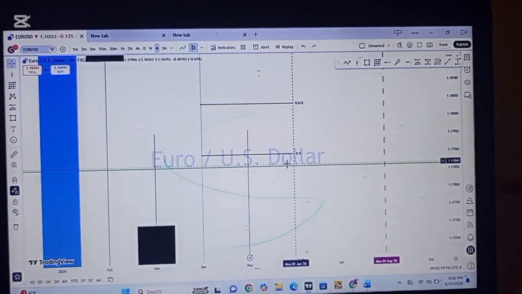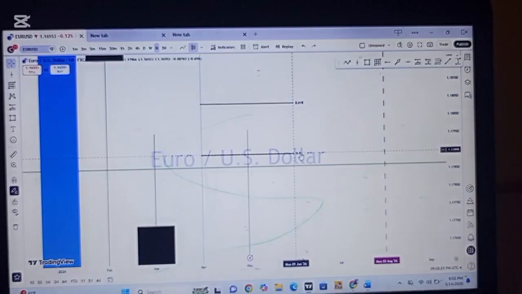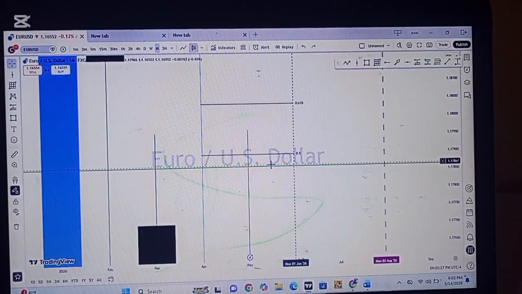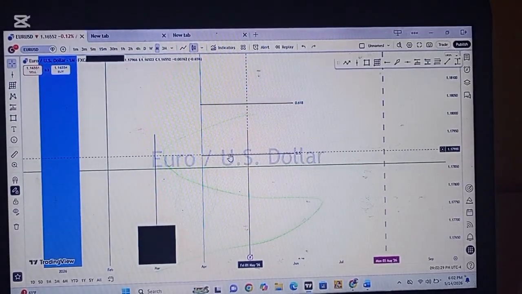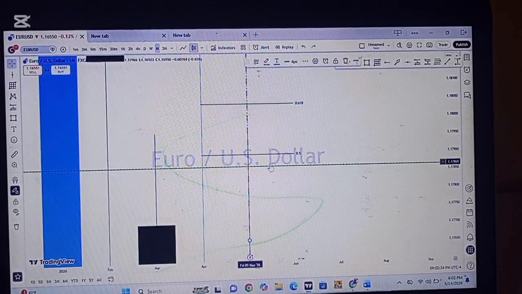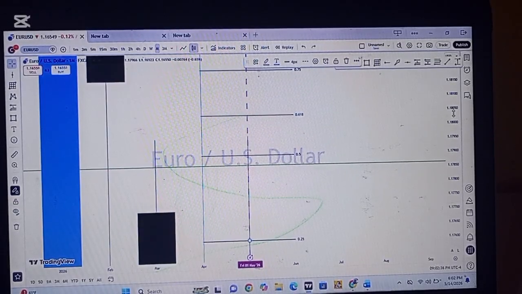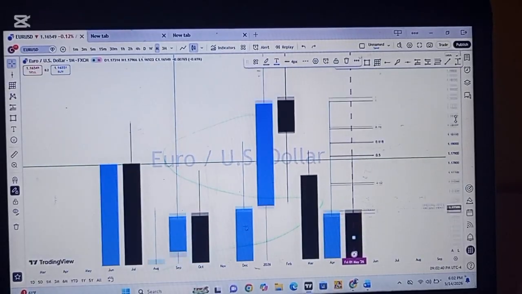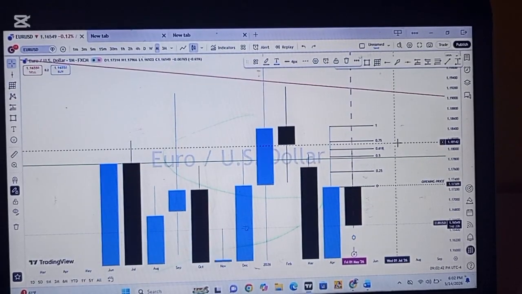There. It tapped the 0.5 level, this one. And this green line is our key level. So that was a very fantastic entry. So whenever you find your CRT, when you find your model on a higher time frame, like if you are using